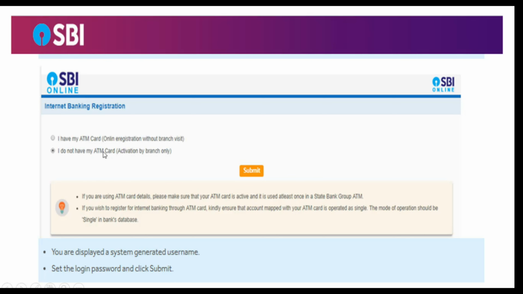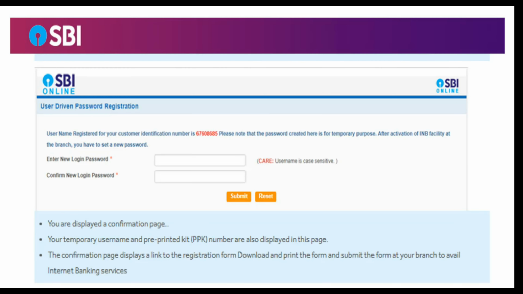As soon as we submit this one, it will show our system generated username, and we will be asked to create a login password. This is the user driven password registration page. Here the temporary username has been created by the system itself, and it will ask to fill the new login password and confirm login password.